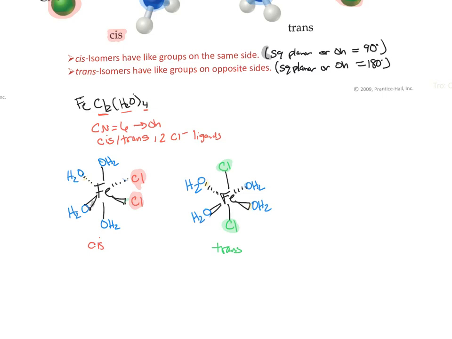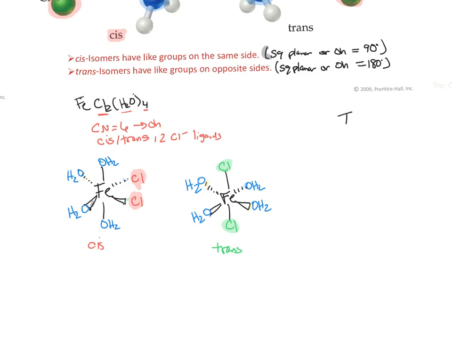So here I see 2 different isomers. Cis: the 2 identical groups are on the same side of the structure. Trans: the 2 groups are on opposite sides of the structure. So trans, think larger bond angle. Cis, think smaller bond angle. One useful example to look at,